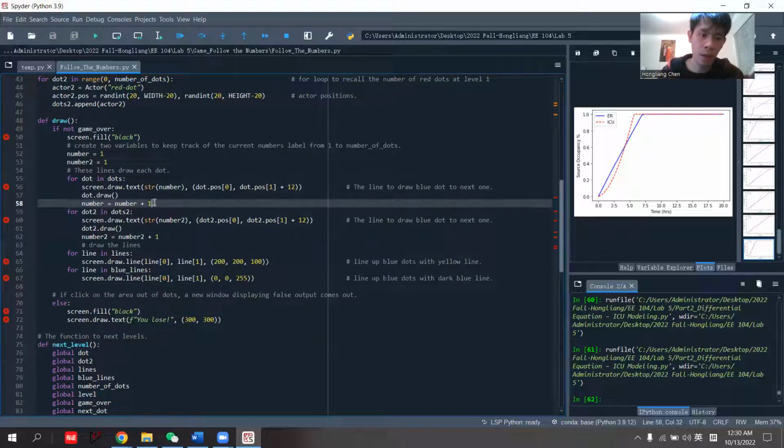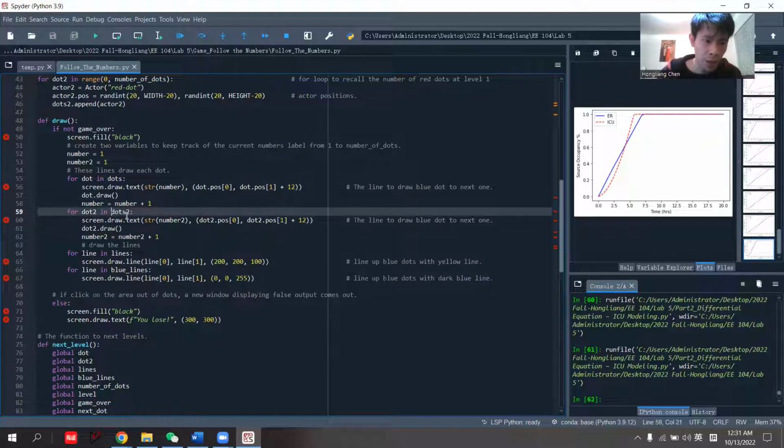If I click from dot 2 to dot 4, I click on the wrong dot, and then the game should be closed. For the second set of dots, it's the same thing. If I click on the dots in sequence, like from 2 to 3, 3 to 4, 4 to 5,